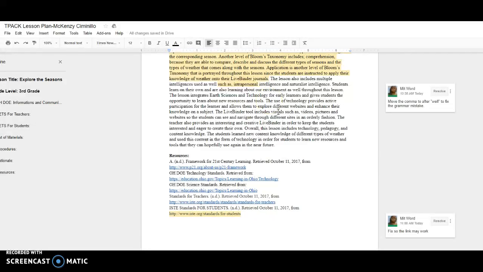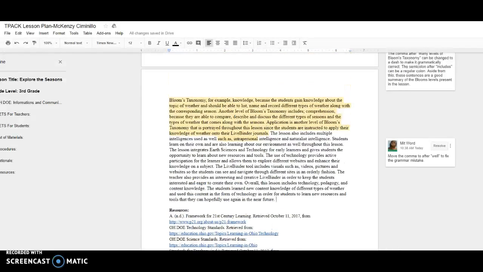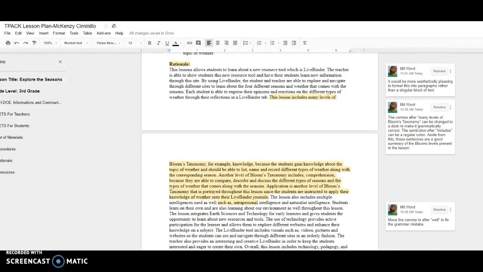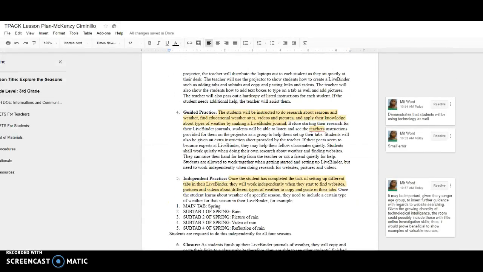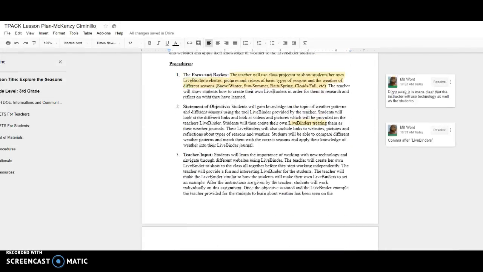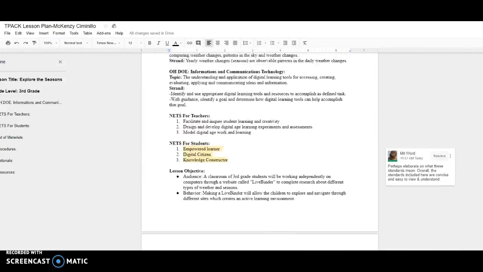Because down here it says it includes it, but doesn't necessarily make clear what is being included. If you could make that a bit more explicit, that would be useful. The Bloom's is fine, but in terms of how exactly you're going to teach and that sort of thing, I think that can be made even more clear.